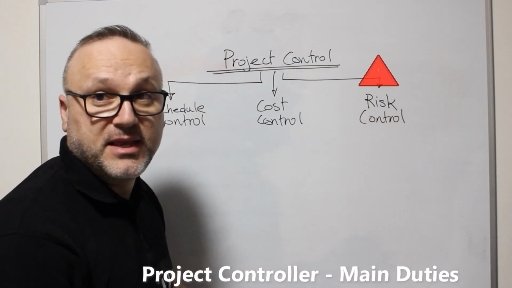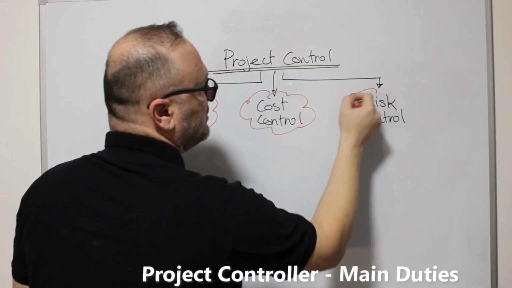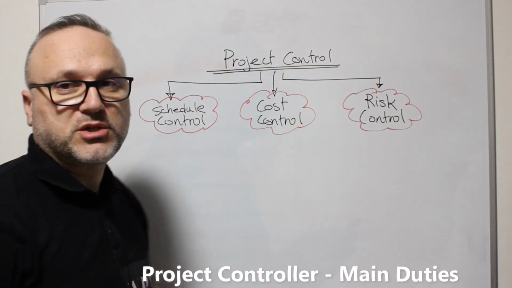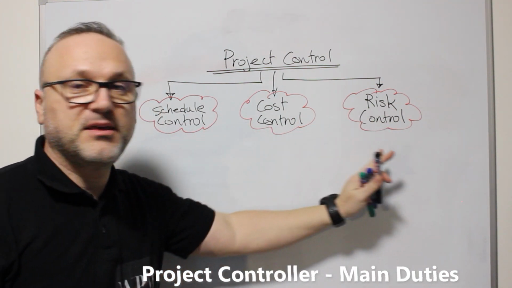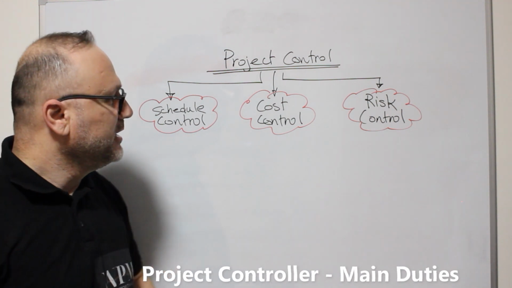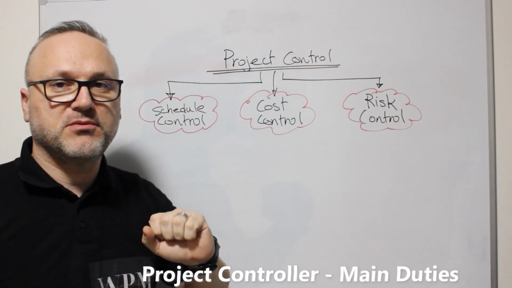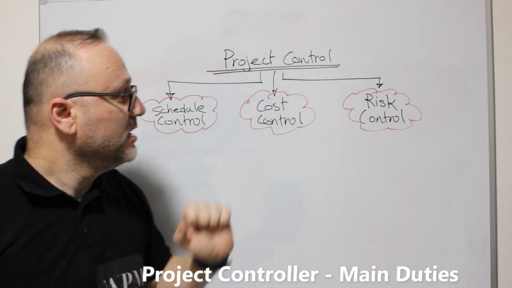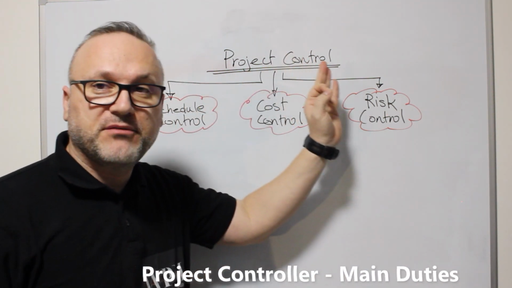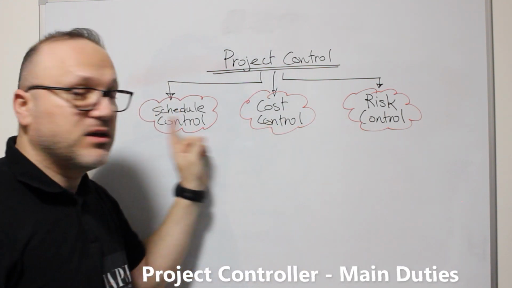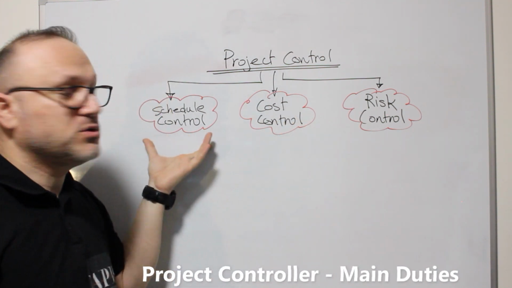Those are the main activities for project control. They are not the only ones, but they are a must. The project controller also controls the quality, controls the procurement if it's going according to the plan, controls everything of all the knowledge areas, the 10 knowledge areas of the project. But those 3 constraints of the project control are the main ones which he or she needs to check.